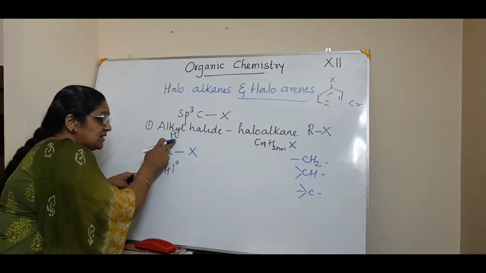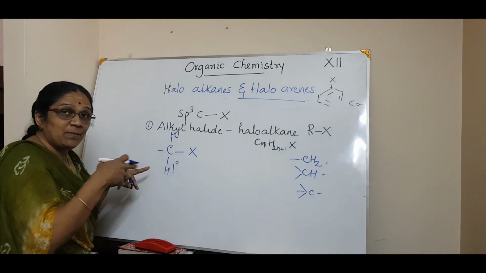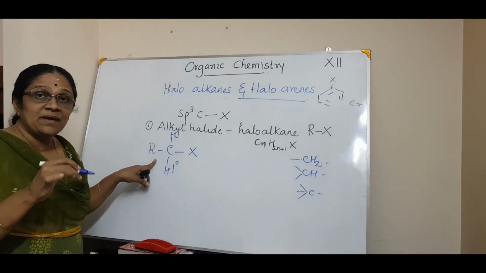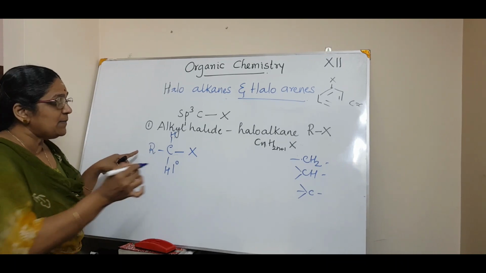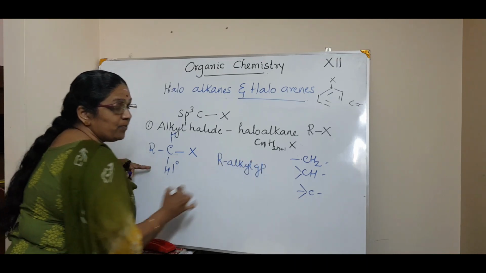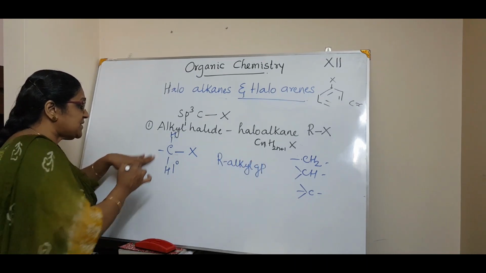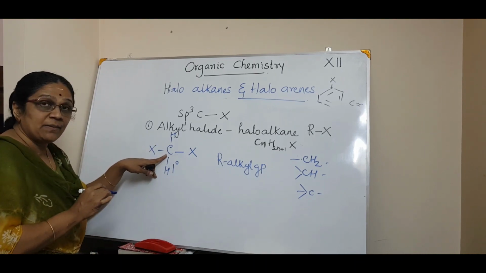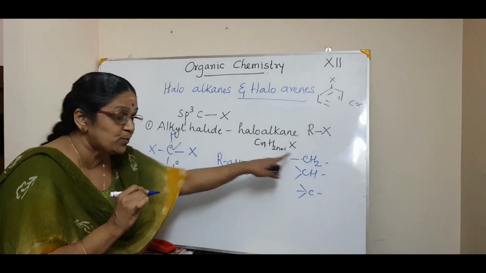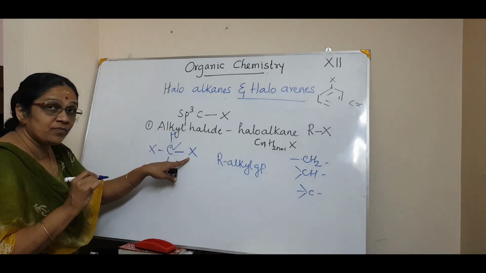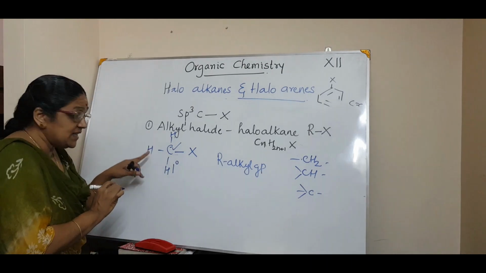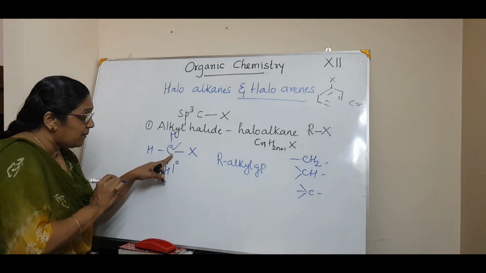And now see, the other valencies are okay. The fourth valency can be anything. For example, you can say R. R can be any alkyl group. We say in organic chemistry, R means any alkyl group. Or even this R can be H, isn't it? Then also it is a primary carbon atom. So this is a primary carbon atom, which means it is a CH2 group. CH2X. Sorry, this is H. Even if it is CH3X, this carbon atom is primary.